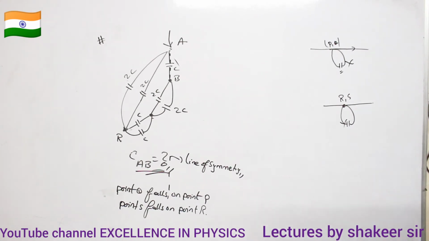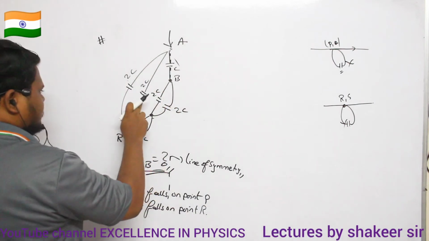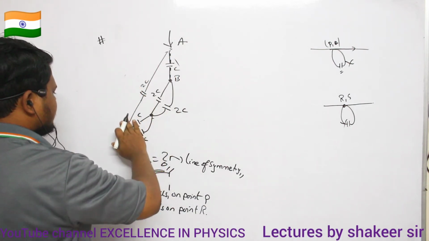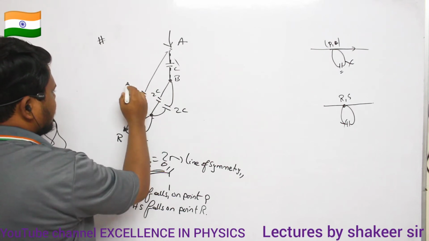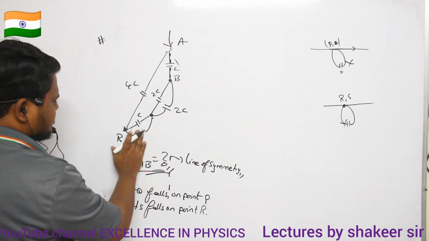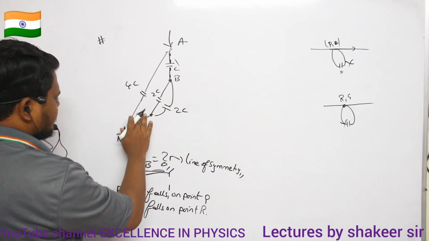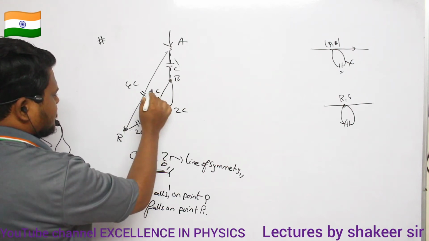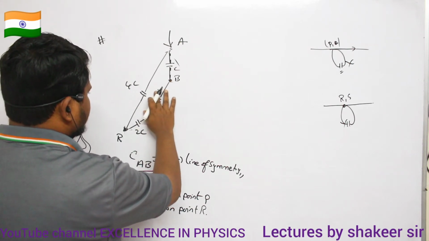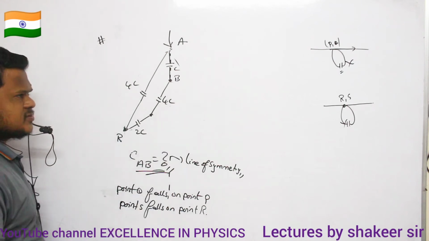Okay. So see, this 2C and 2C, they are in parallel connection, no? So therefore what I can do, I can remove this 2C capacitor. So instead of 2C, I can place 4C. Similarly, C and C, they are also connected in parallel connection, no? So instead of both of them, I can write it as 2C. Similarly, 2C, 2C, they are connected in parallel connection. So instead of that, I will write 4C. Okay. So this is the new circuit which I got.